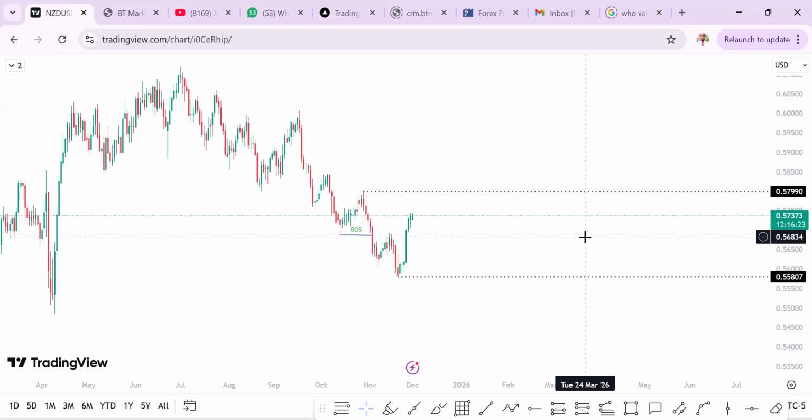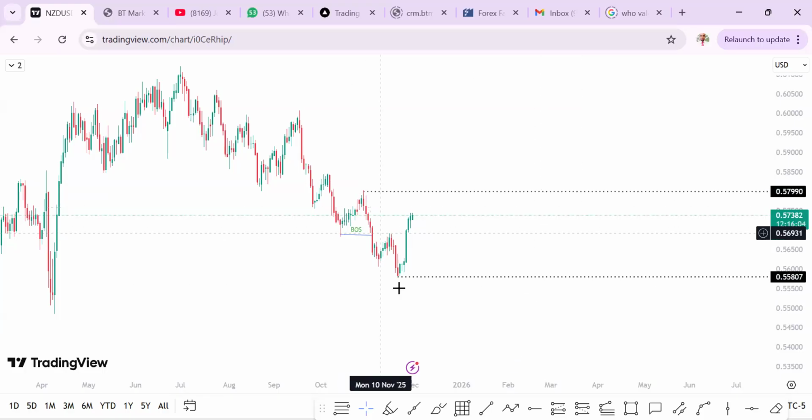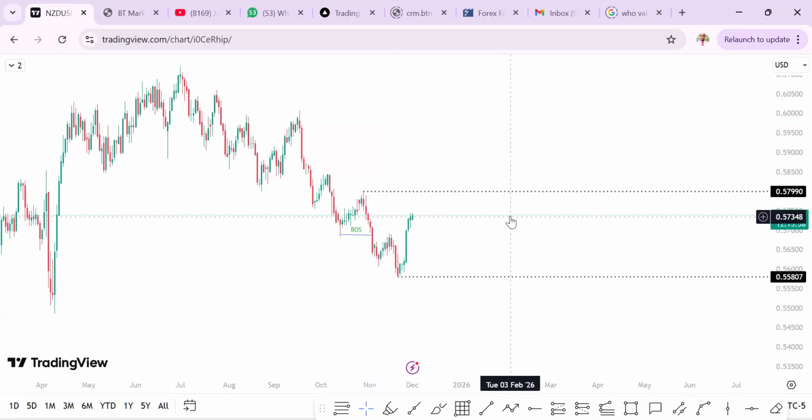AUD, NZD, USD. So two things can happen here. A sell can happen, and also a buy can happen. And I will show you the two ways where this thing will happen. But the structural base is that we are still bearish, though we have some liquidity that was engineered here. So if price fails,